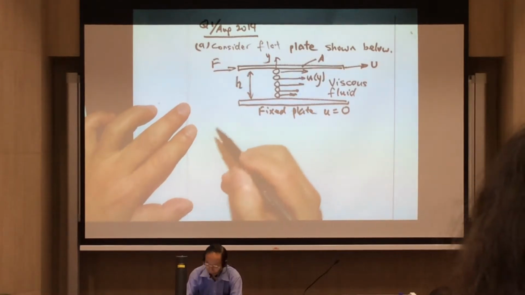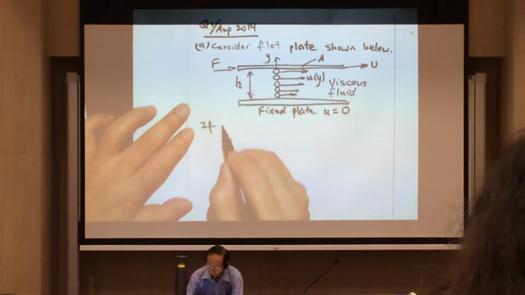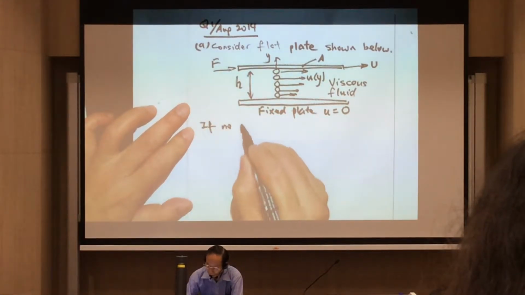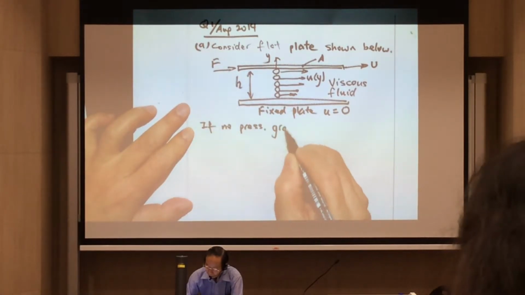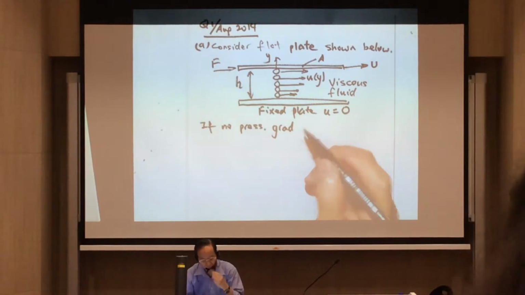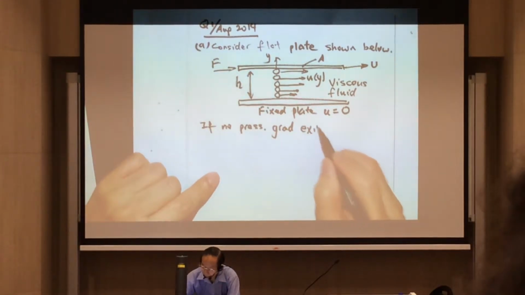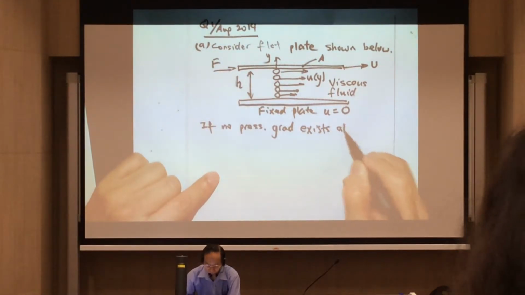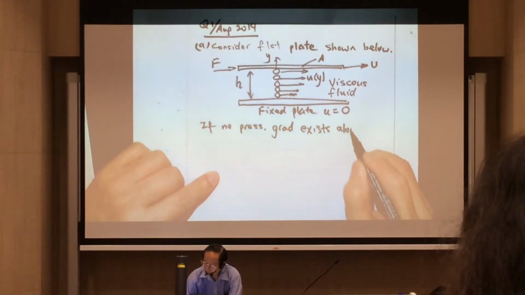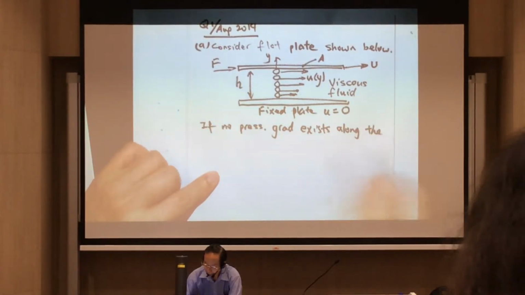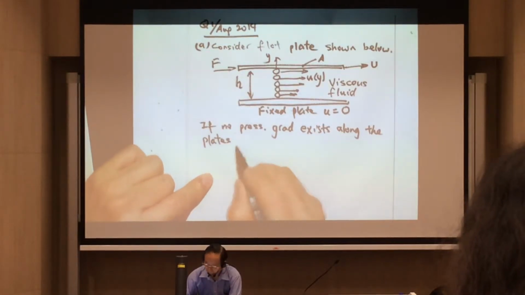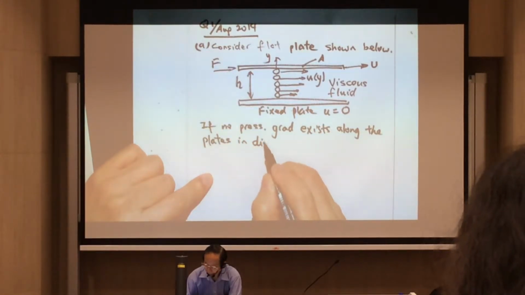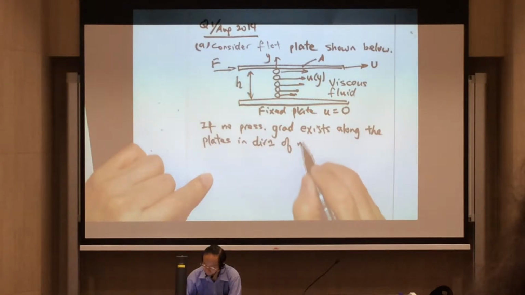So we can therefore say that, for example, if no pressure gradient exists along the plate in the direction of motion,